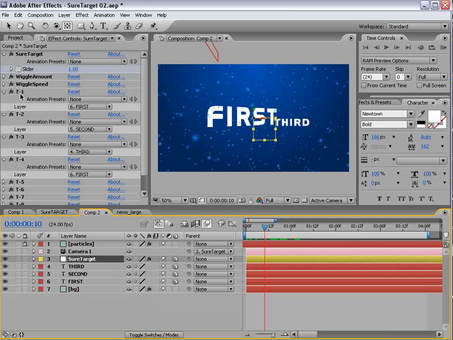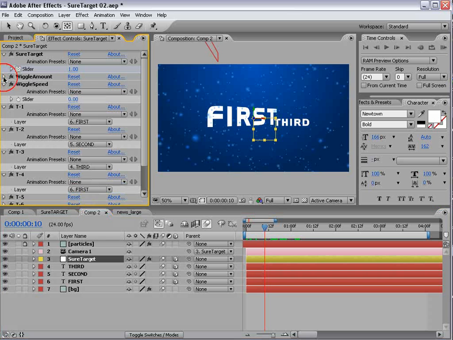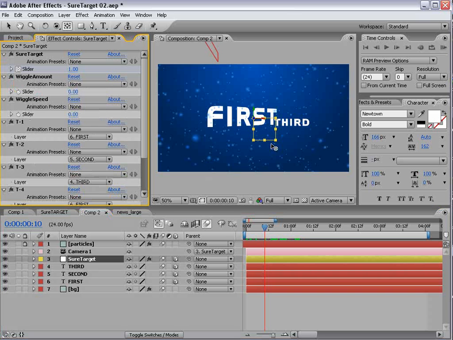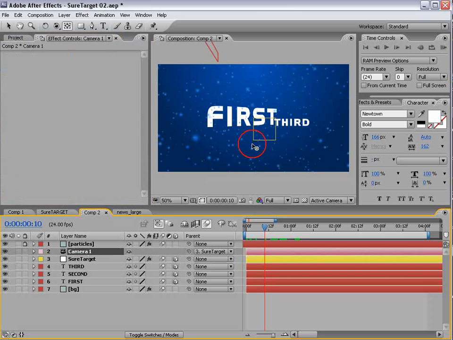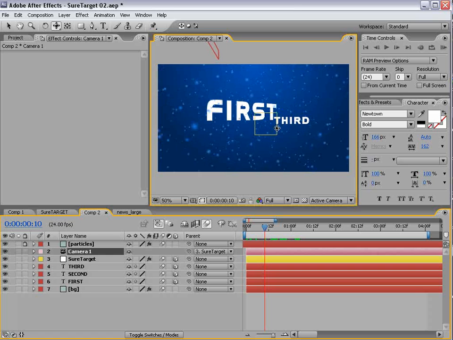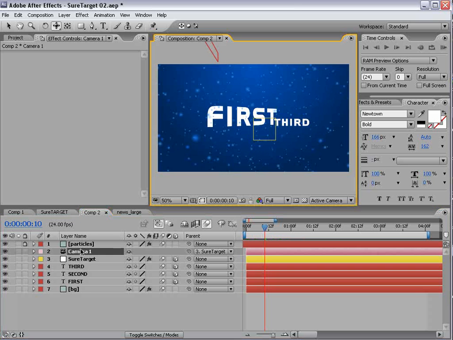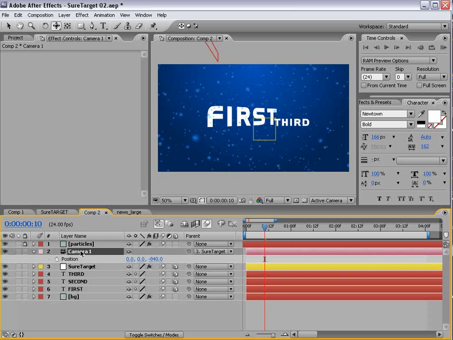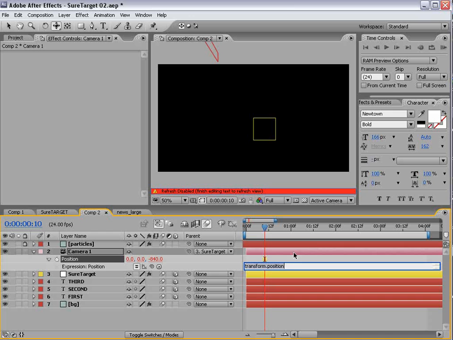Now you can add the wiggle through the target preset, but that's just going to move the actual target. So it'll look something like this if you do it that way. But I actually like the look of hitting P, bringing up the position of the camera, alt-clicking, and then typing wiggle here, maybe 0.25,